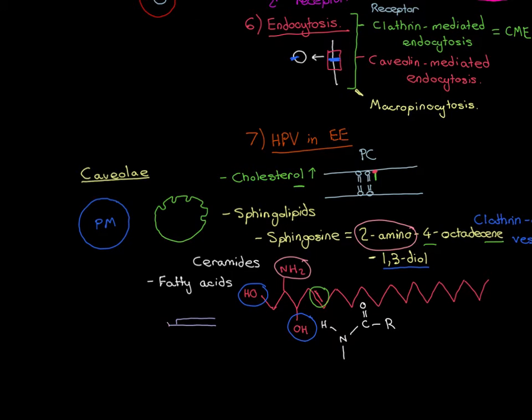So to turn the ceramide into a sphingolipid, you stick something on here. I'll just call this a moiety of some sort, a chemical moiety. And now this molecule is a sphingolipid. So this is what sphingolipids are. You take sphingosine, you bind another fatty acid to it, you've then got a ceramide, modify the head to make it more interesting, you've then got a sphingolipid, and these can sit in the plasma membrane just as you would